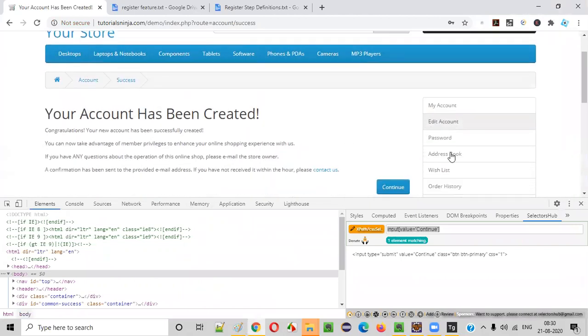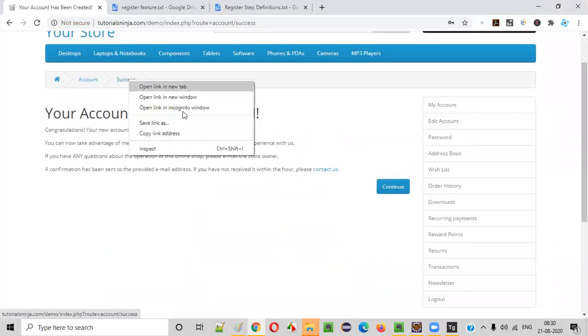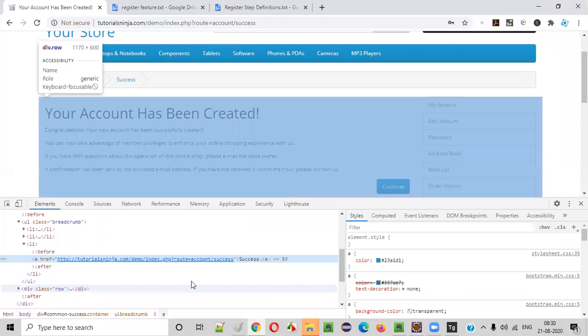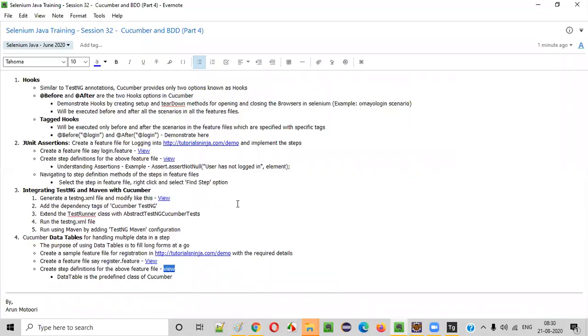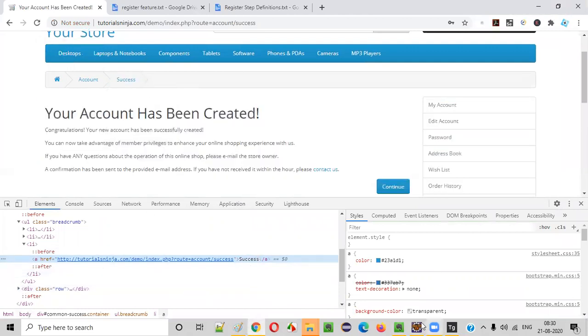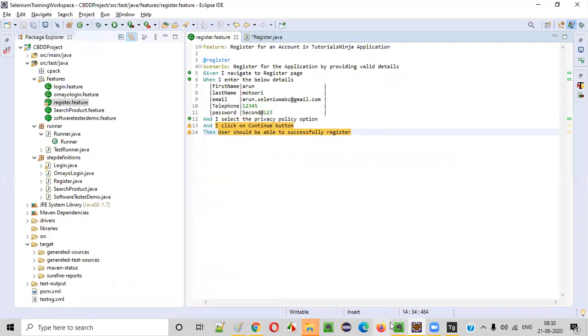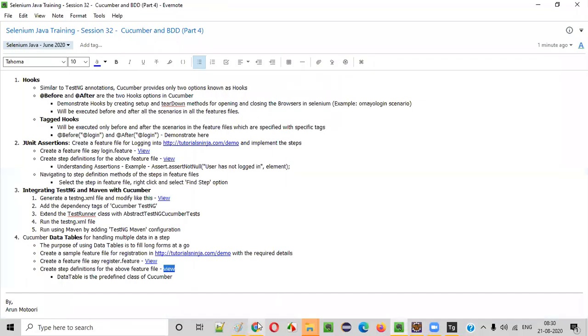we don't know whether that will happen. So here we have to see, we have to get the success breadcrumb, right? We have to get the success breadcrumb. So we can write this step, or we can, like, fine now. I'm not going to implement more. I click on continue button. So this is implemented. User should be able to successfully register, right? So here the code for verifying whether this success is coming or not.